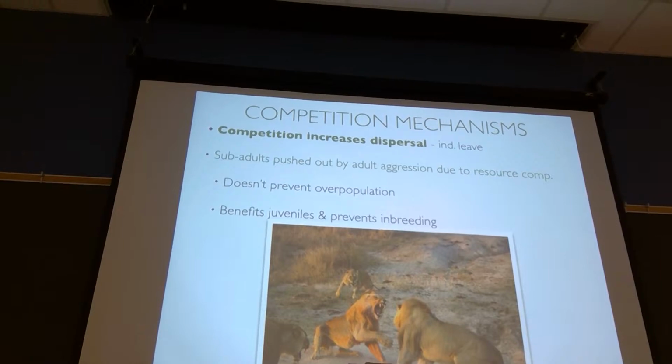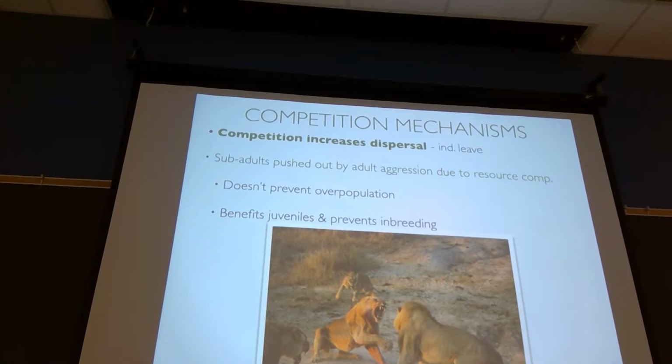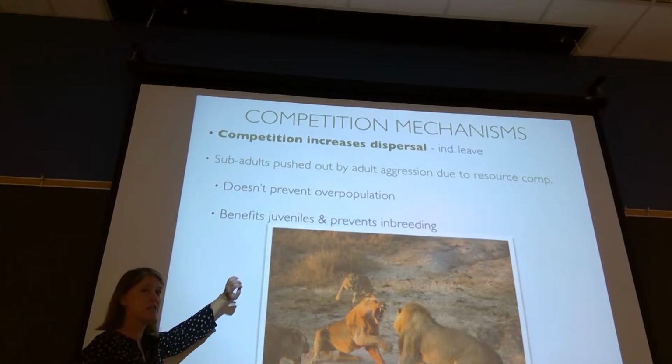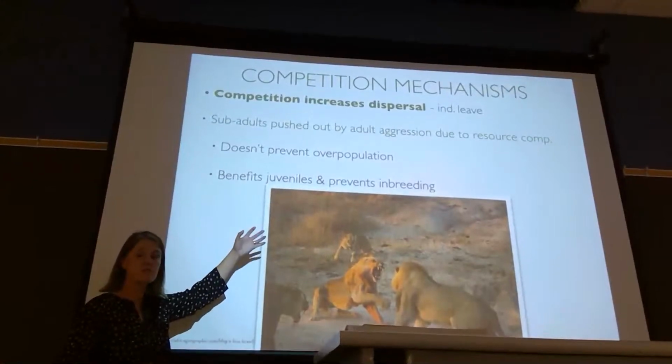that. This movement of subadults out does not prevent overpopulation. Like, we're still going to have babies born the next year. Those subadults are still going to be trying to live in the same territory. It doesn't change the overall population problem, but it helps the juveniles get out and establish their own territory, potentially lead to overpopulation, but do their own thing.